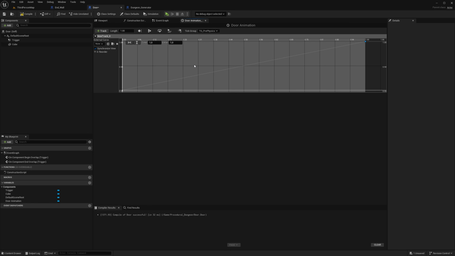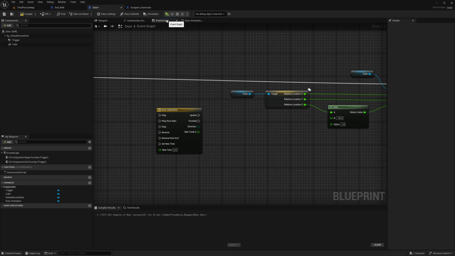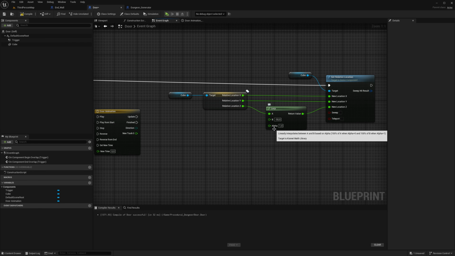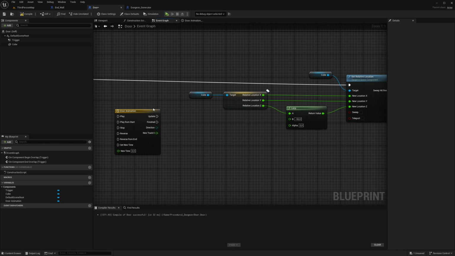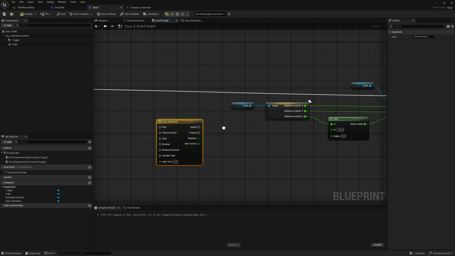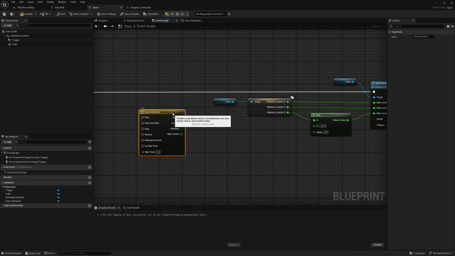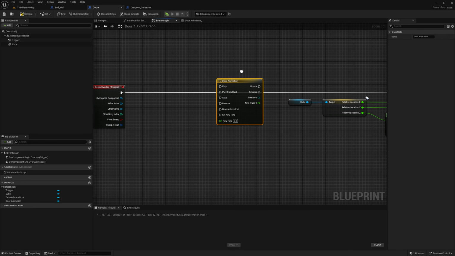But now we have an animation that goes from 0 to 1 over 1 second. And that is what we need here. We need this alpha to go from 0 to 1 over time, over 1 second, which we made in this animation timeline.